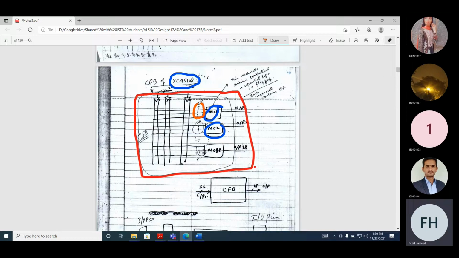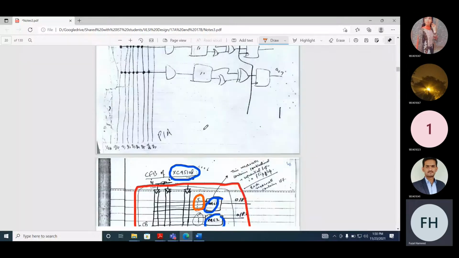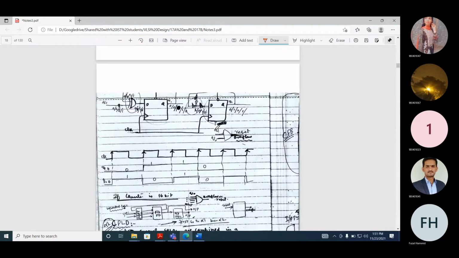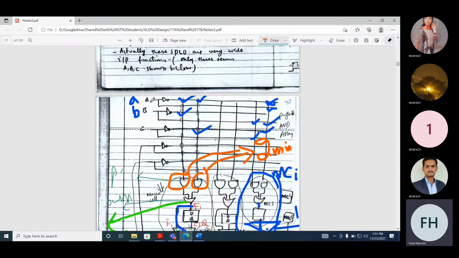In the simple macro cell that we showed earlier, how many minterms were there? 2 minterms. But here, how many minterms will be there? 5 minterms. Okay, there how many inputs were there? If you look at it, there are 3 inputs: A, B, and C. The inputs were provided in a non-inverted fashion and in an inverted fashion. So now we have A and A bar, B and B bar, C and C bar.